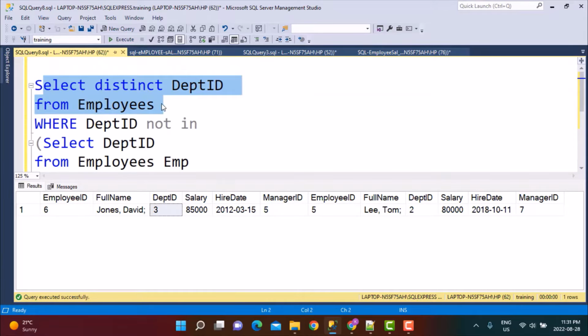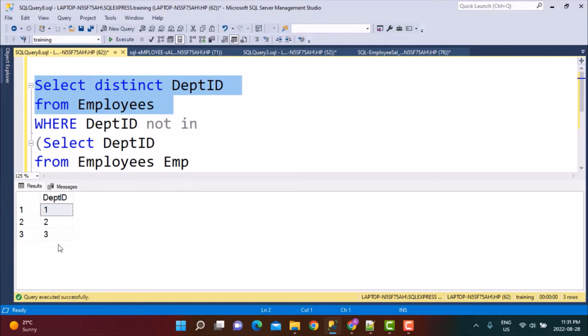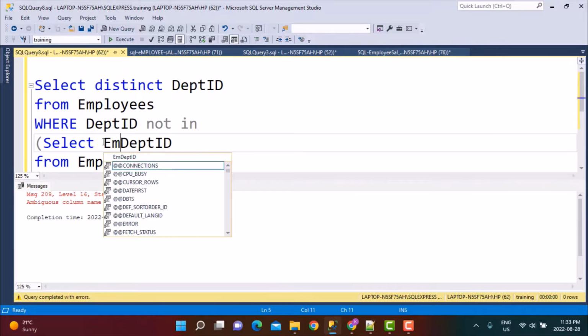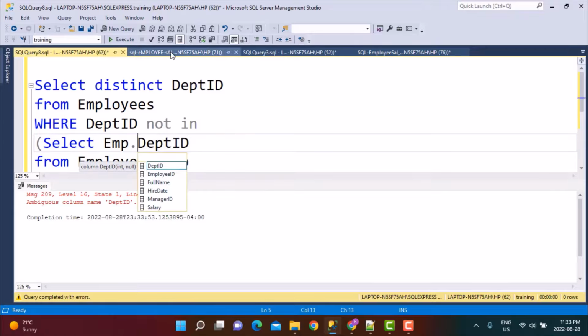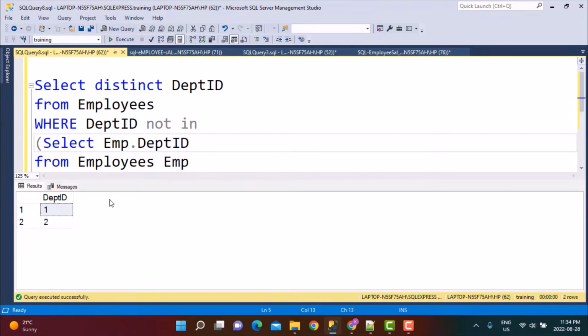Select distinct department ID from employees is going to give me all the departments that we have: 1, 2, and 3. So adding the alias name over here to avoid the ambiguity, and now executing this query would give us the correct result, and the department IDs 1 and 2 are the ones that we need. So now moving on to the next query,